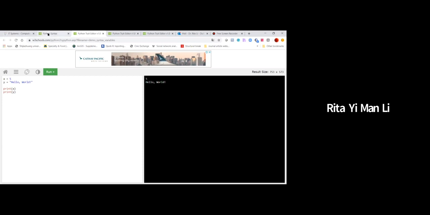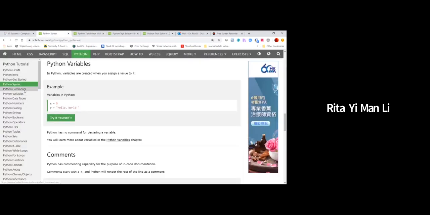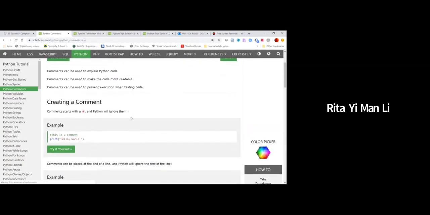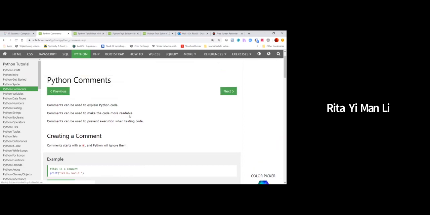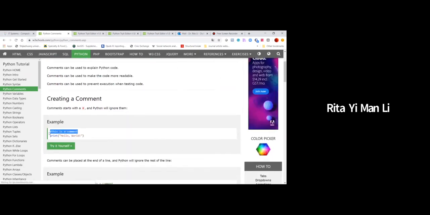Okay, and then next we will look at Python comments. Okay, now how to create a comment. You may ask, why do I need to know comments here? Because sometimes when you write a very lengthy program, you want to remind yourself what this line means, what that line means, but you do not want to print that out. You want to record it, but you do not want to print it out. So what you can do is use